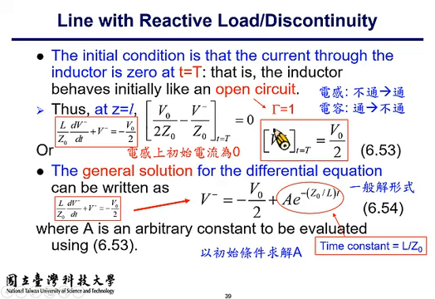So it should be in the form of an exponential, with this part being the so-called time constant of the circuit, as what we have done in circuit theory. So note that the time constant for an inductor is L over R. How about the time constant? Tau